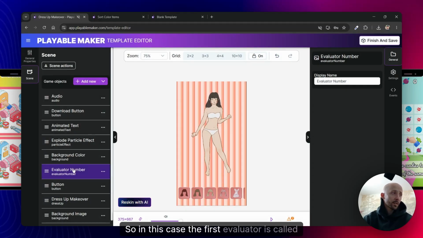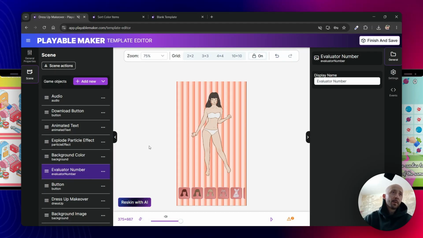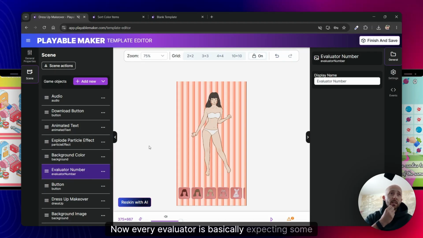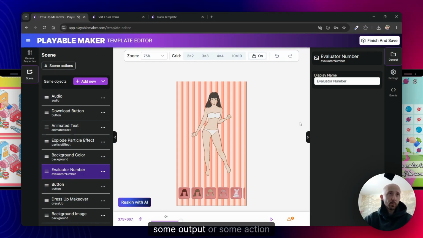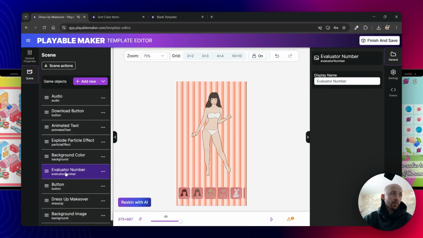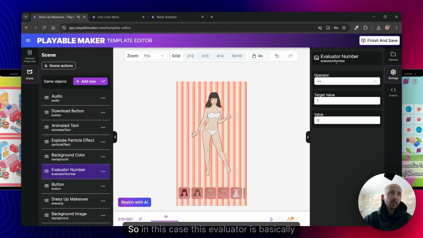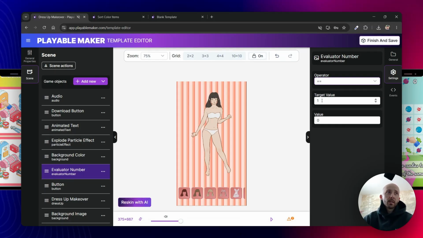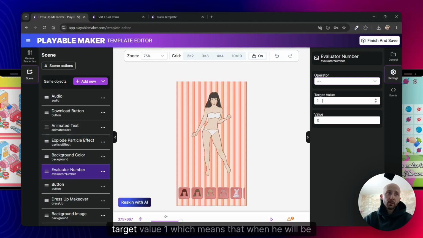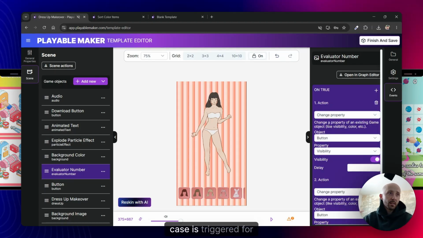In this case, the first evaluator is called number. Every evaluator is basically expecting some inputs from some game objects, and then it can do some output or some action if the condition is either true or false. In the first case, it's a number. This evaluator is expecting a number with an operator equals. It starts with value 0 and it's expecting target value 1, which means that as long as it receives value number 1, it will do the action, which in this case is triggered for